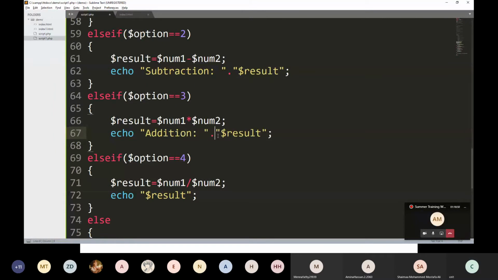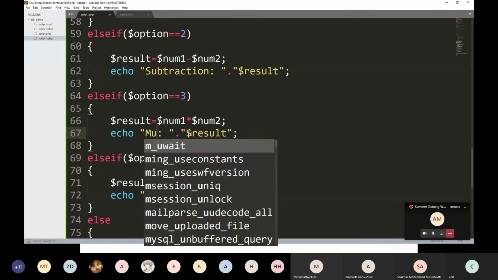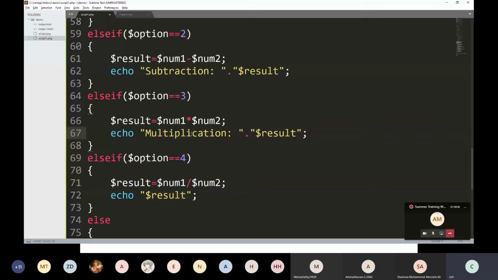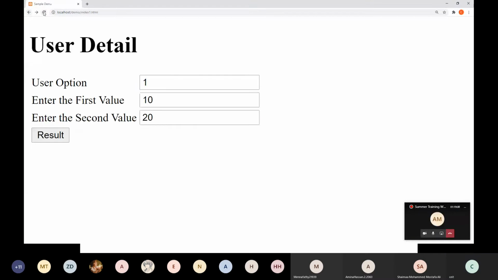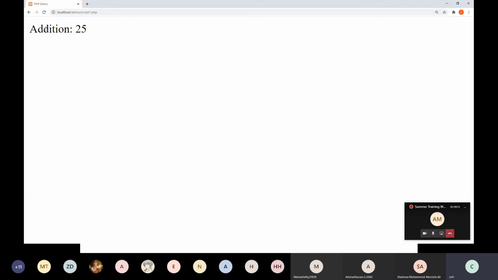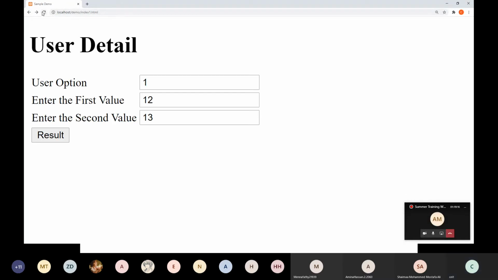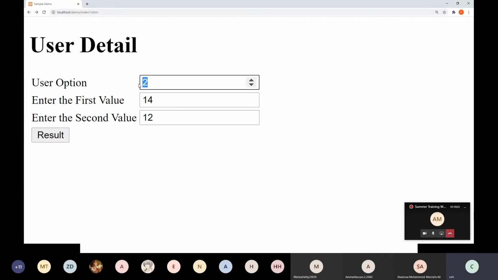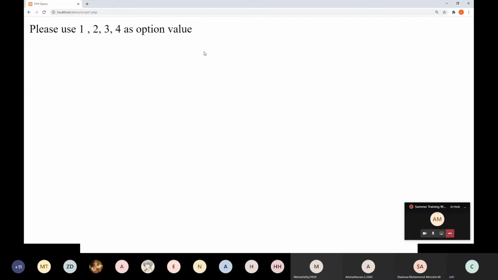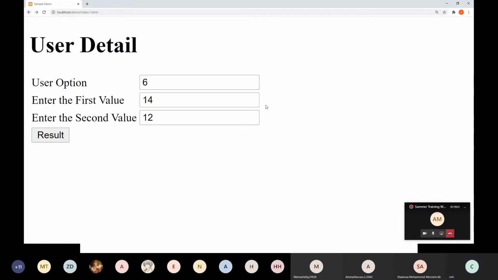Then paste, multiplication dot. Then here division dot. Now suppose 1, 12, 13, addition. If I put 2, 14, 12, subtraction. Suppose here I put the option 6. This works perfectly.